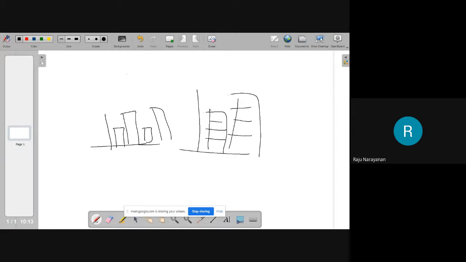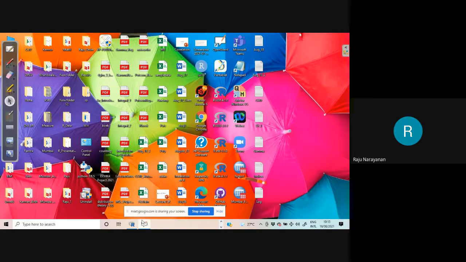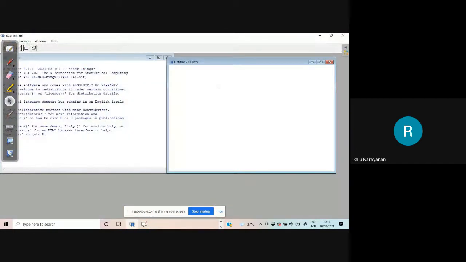Now we will do one bar diagram. Let me take some data.